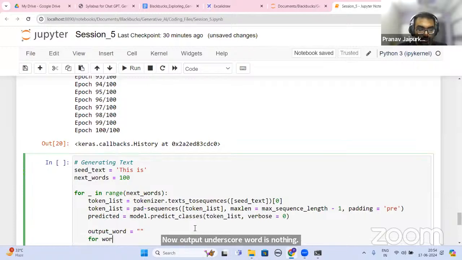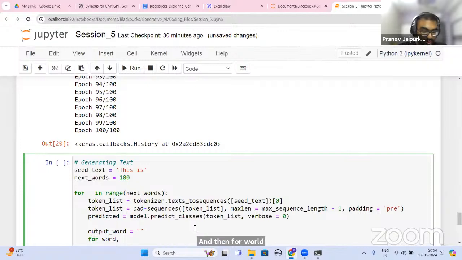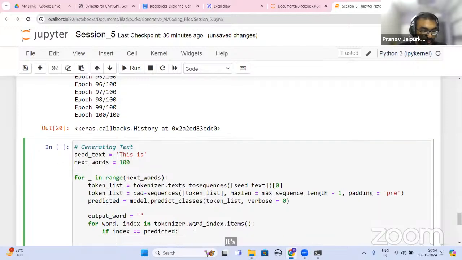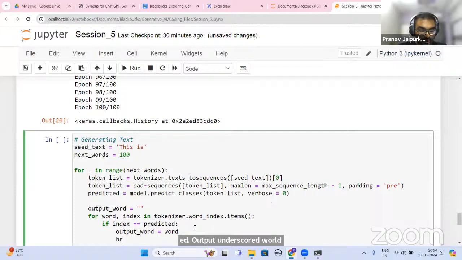And then for word, index in tokenizer.word_index.items(): if index == predicted: output_word = word and then break.